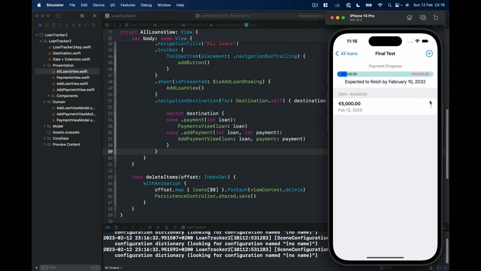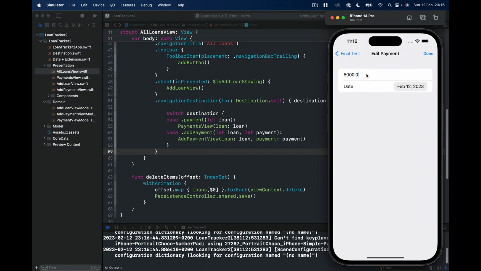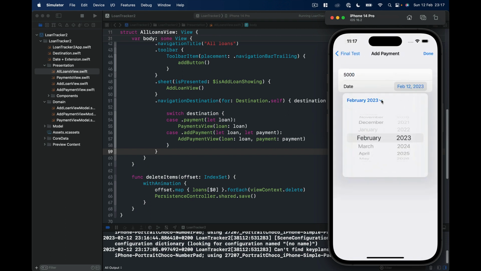So final test here. Now you can see our arrow appears. If I click on it, it sets up our view with the information. Let's make it 10,000 and save it. And now you can see our view is updated with the new value. And also our animation is updated and our date is updated as well. Let's create another one for 5,000. And let's do this for